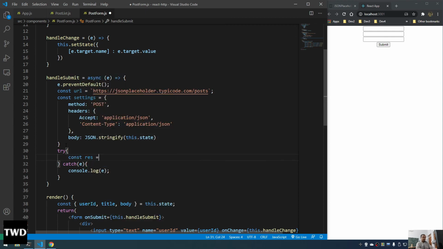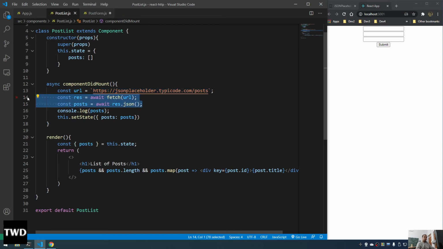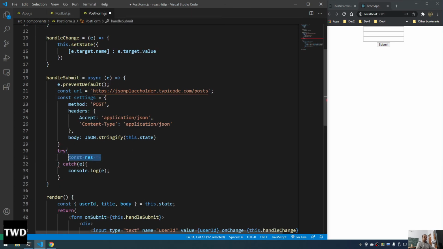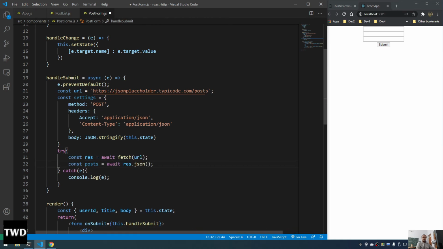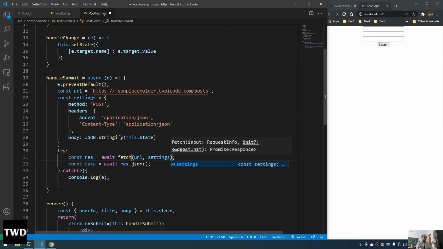Again, const res equal to, like this, these two things we will have. So let me copy it and paste it here, but it is a bit different. const, await fetch, but this one, let me not call it res, let me call it data, because we're sending data. This one will have an additional parameter which is known as, you might have guessed, settings, which are going to have the settings which we have declared. So when we are sending data to the endpoint, we give the URL and the settings. Settings tell that it is a method post, and the data also it gives, means this is the URL, but in post you have to give some data. So that data is also there, and then this, and